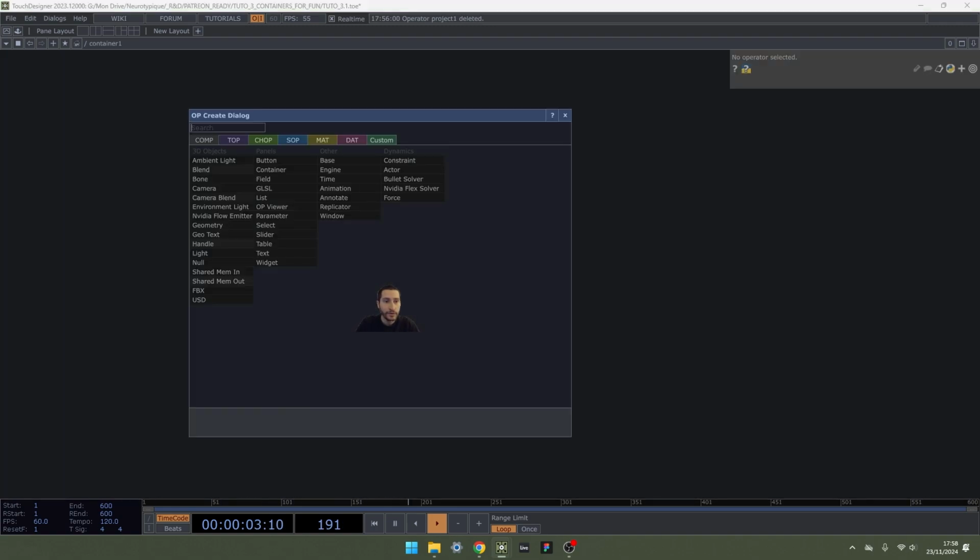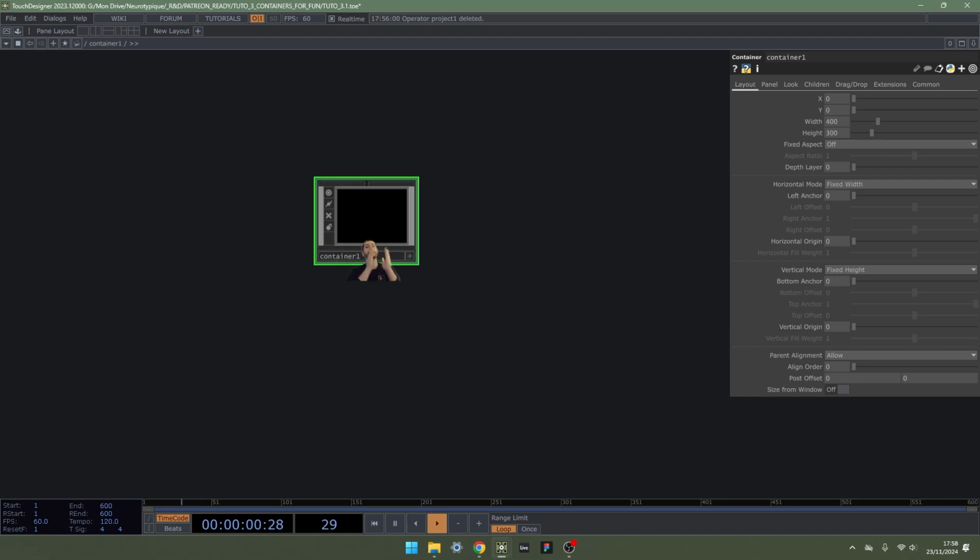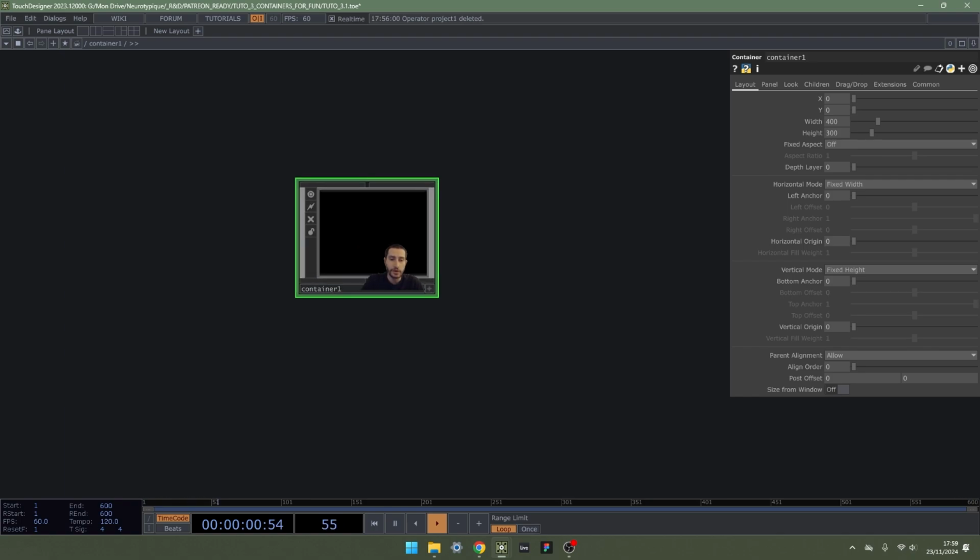And now we're going to set up another container. Container, okay, hit enter. We want to create columns, and in each column we want to have several circles that stack on top of each other. So for now, let's make just the circle, and then we'll make a column container to put them inside.